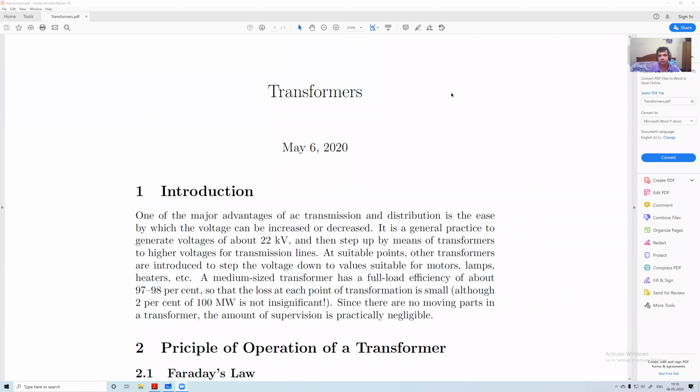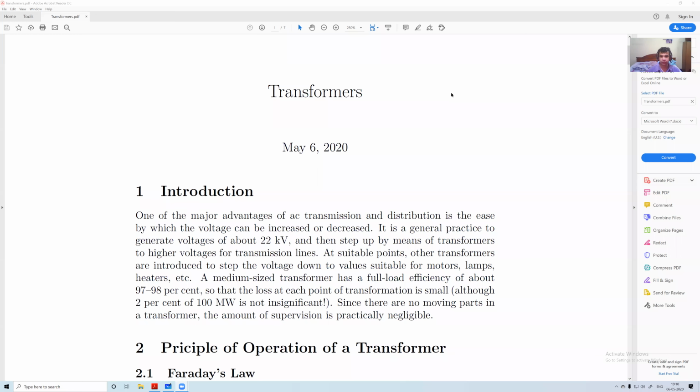Transformers are used to step up or step down the AC voltage. For example, the voltage which comes through the transmission lines from the power station to our home has a very high value of several kilovolts, but step by step it is stepped down to 440 volts, and finally in our homes it comes as 220 volts, through different transformers. And one of the biggest advantages of AC over DC is that AC can be easily stepped up or stepped down using transformers, but it will not work with DC, right?